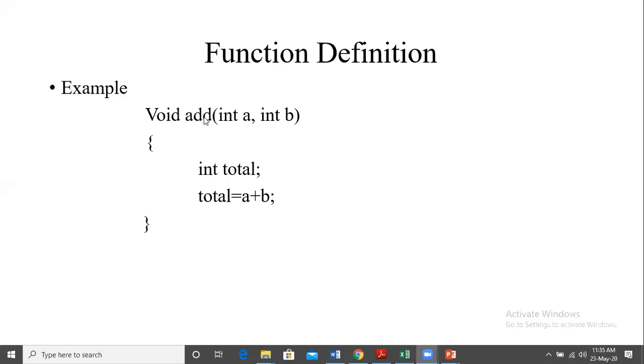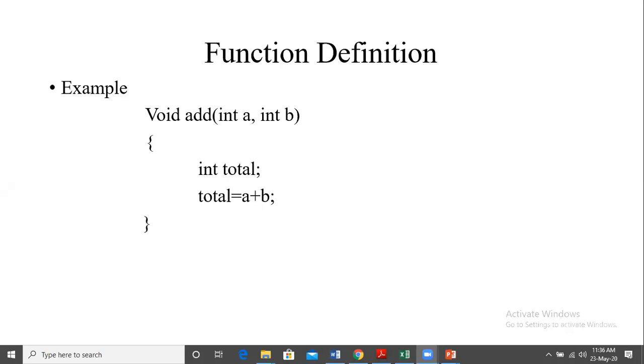Okay, now this has to be called somewhere, right? It cannot work on its own. So main will start working if we compile, but function will not work until it is called. So there is an important term called function call. Okay, function call will be called using this name. So if I have to call Jai Surya, I will say Jai Surya, then he is called by his name, right?